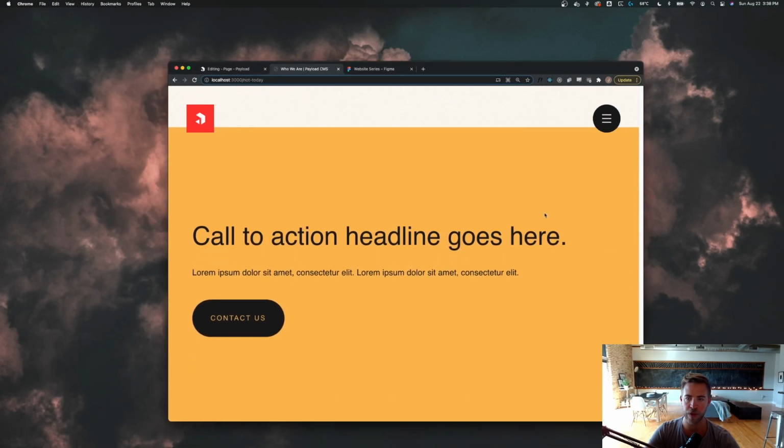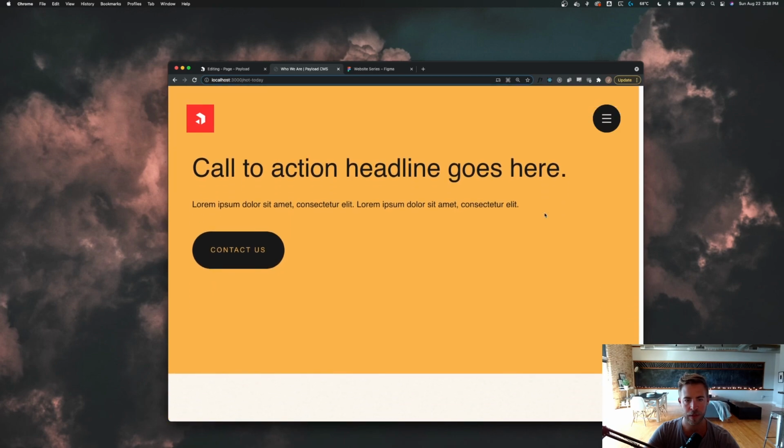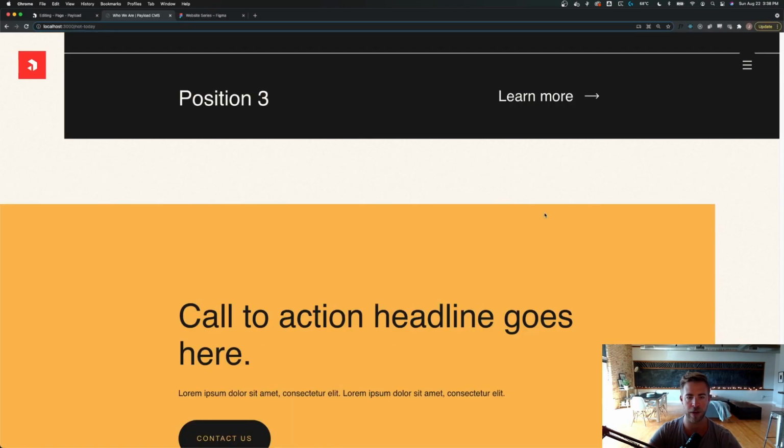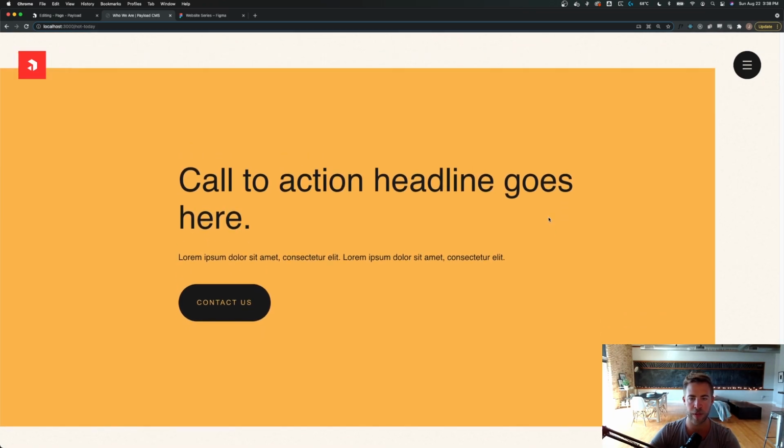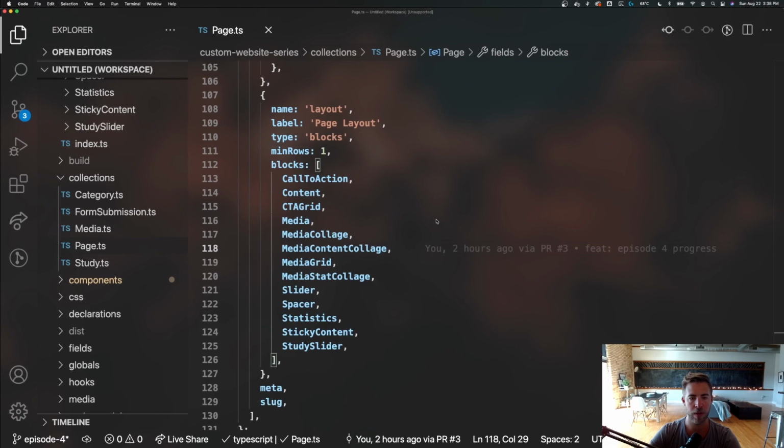It goes to full screen on tablets, but it keeps that gutter on larger screens. So this is a pretty simple one. It's going to be a good one to start with. And if I pop over to the code, you can see that I have a call to action block being